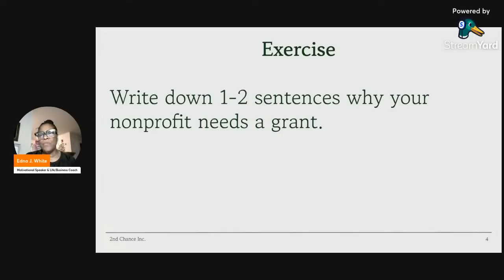Before we go chasing money, we have to be crystal clear on what we're asking for. Funders want to know what's the issue, who you are helping, and what's the change you're working toward. Those 3 things they want to know. What's the issue, who you are helping, and what's the change you're working toward.